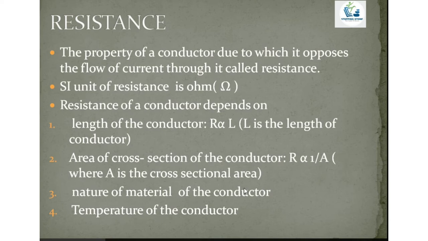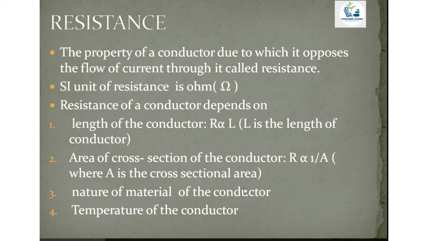So for a given conductor it is constant, and the SI unit of resistance is ohm. The resistance of a conductor depends on, number one, the length of the conductor. So it is directly proportional to the length of the conductor. So on increasing the length of a wire, its resistance increases, and on decreasing the length of the wire, its resistance decreases. Secondly, resistance is